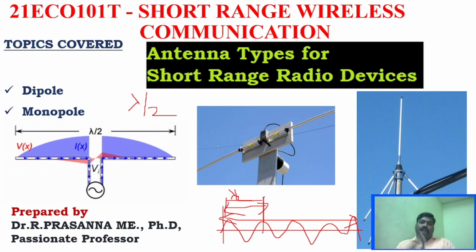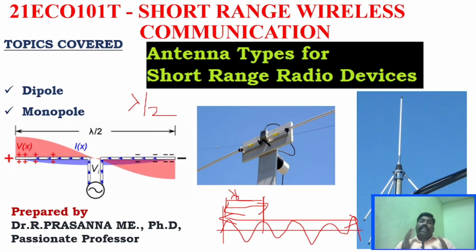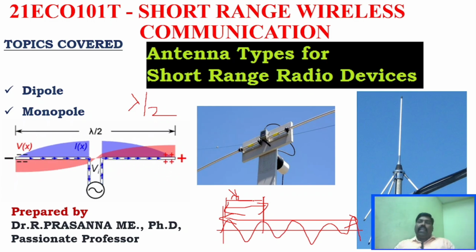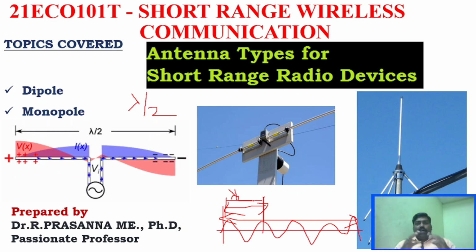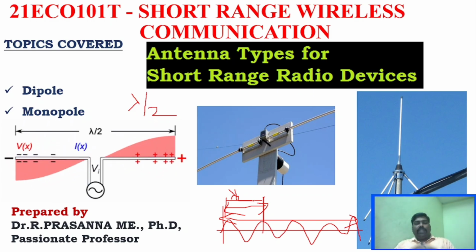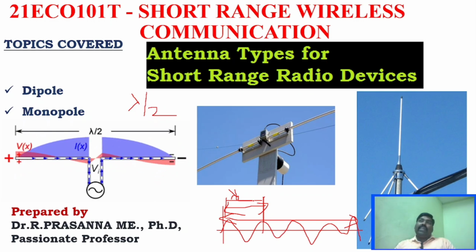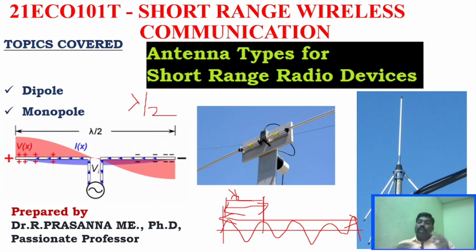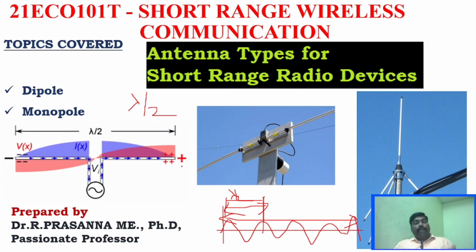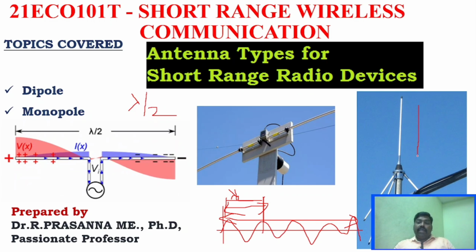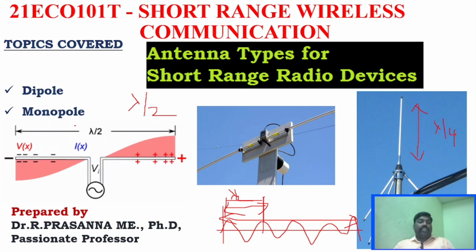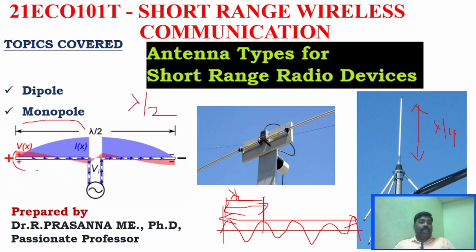But with all those advantages and features, we will not be able to use dipole antenna very effectively in short range devices. That's because of its size. We know that short range devices are very small portable devices where we will not be able to fit this dipole antenna. So what we can do is we can go for monopole antenna. Monopole antenna is derived from the dipole antenna, where instead of this lambda by 2, you will be having only one element, which is lambda by 4 of size. So it will take only one part of it, that is this part alone.